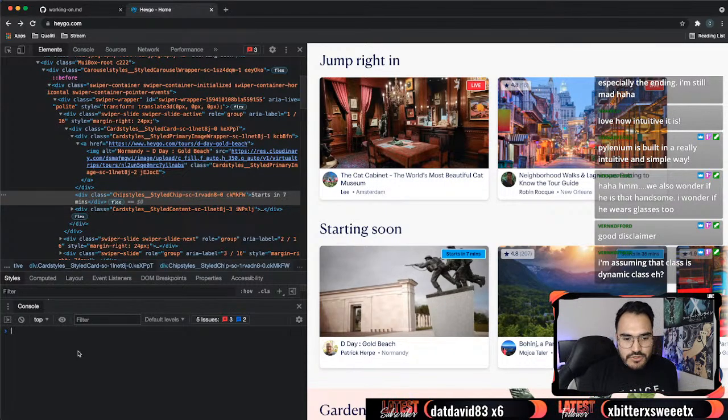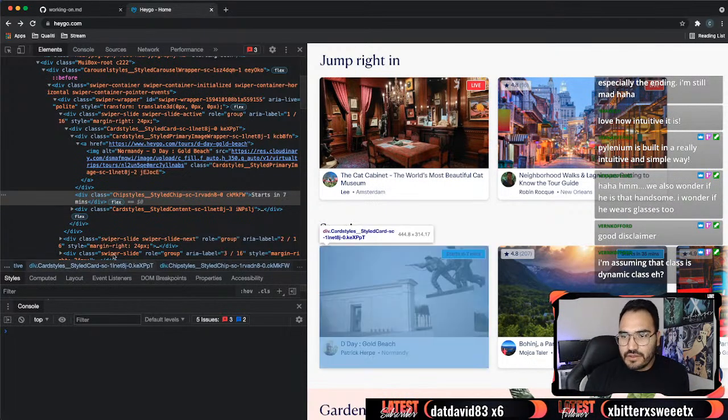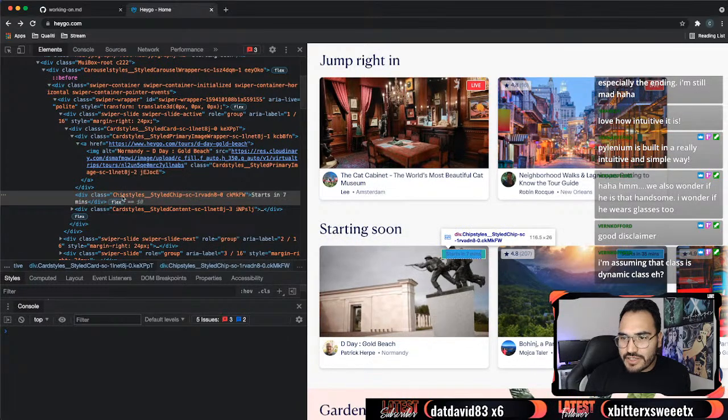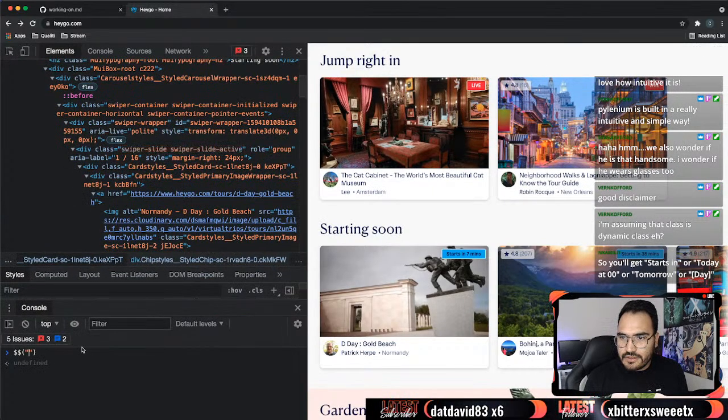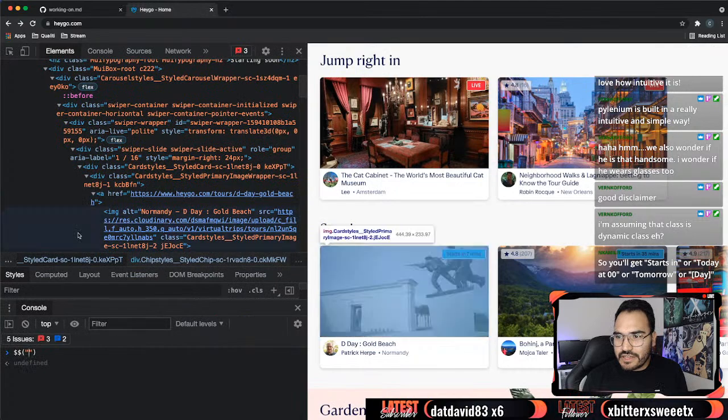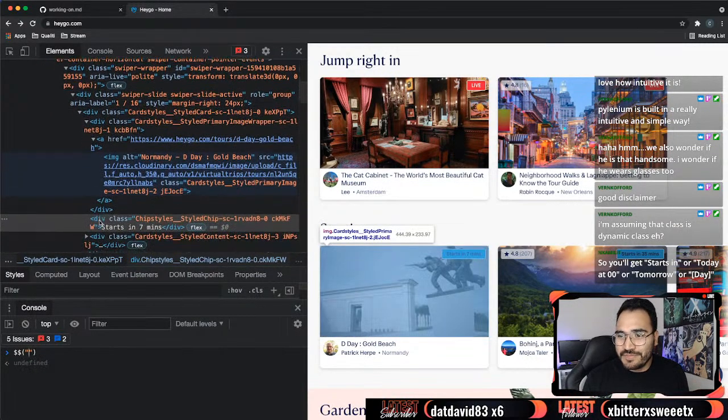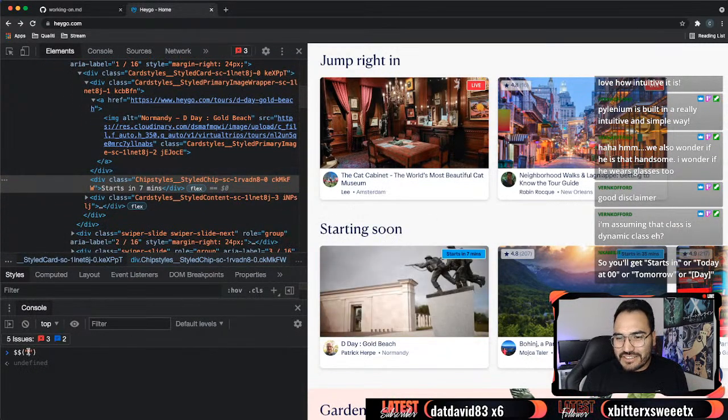Vern says, I'm assuming that class is dynamic, eh? Yeah, like this one, we could probably use this style chip. Let's find out. Let me know if you can't see this, by the way. Can I zoom in? Let me go like this. There we go. It's probably as big as I can go without it getting really difficult for me to read. So yes. So we have this div thing that starts in 7 minutes,